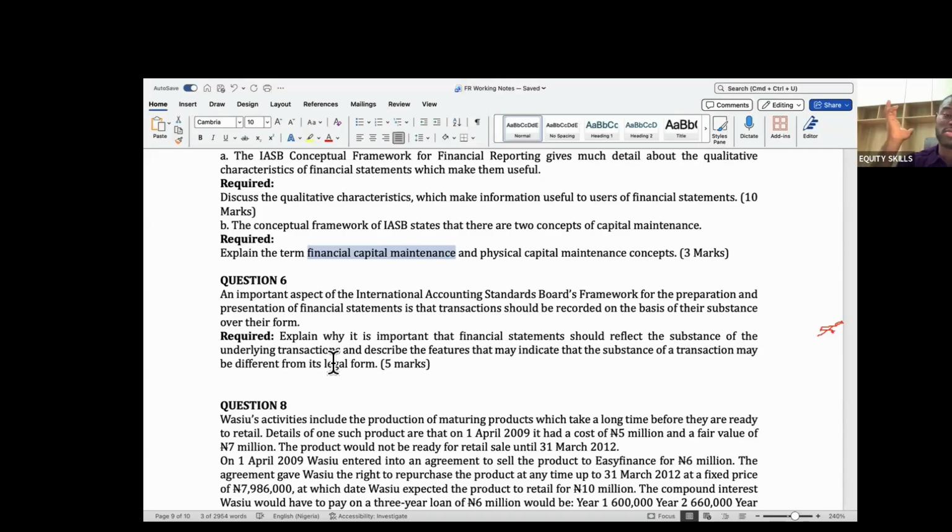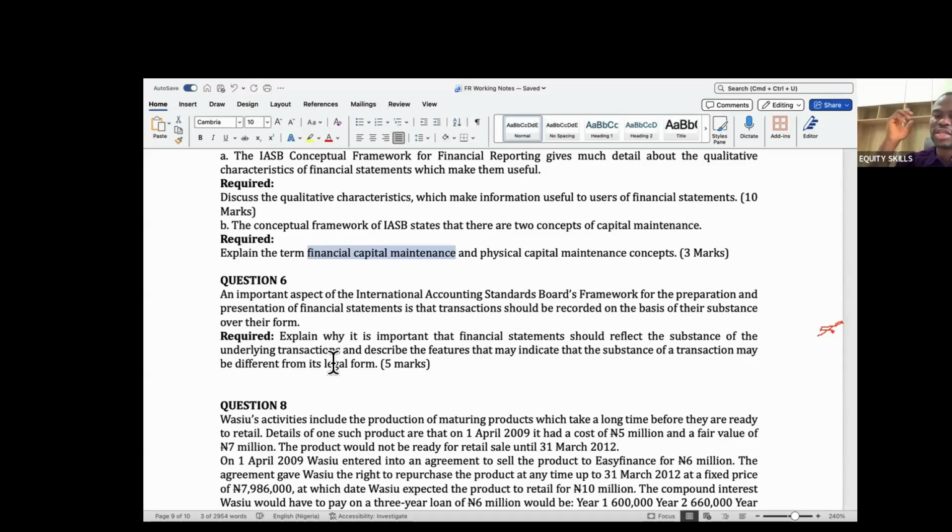So the reason why it is important for financial statements to reflect their substance is that if financial statements do not reflect their substance, you cannot faithfully represent. Okay, so you would be presenting the substance. It's important to present their substance because that is where you would have presented complete information. And that is where your information is neutral and most likely will be free from error. So substance over form ensures that you faithfully represent. That's majorly why it is important.